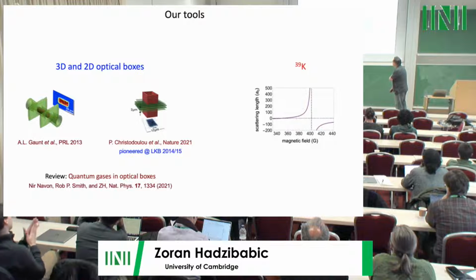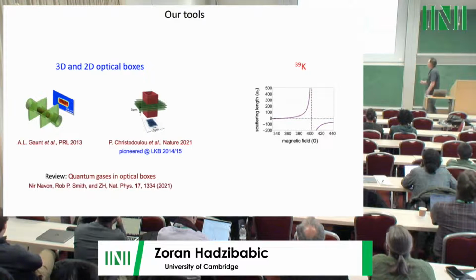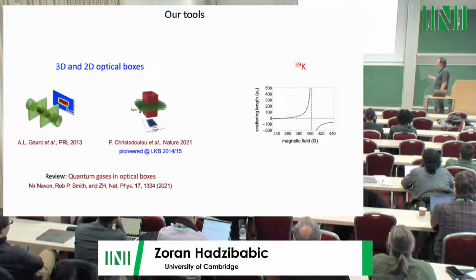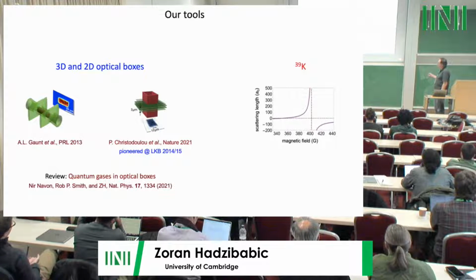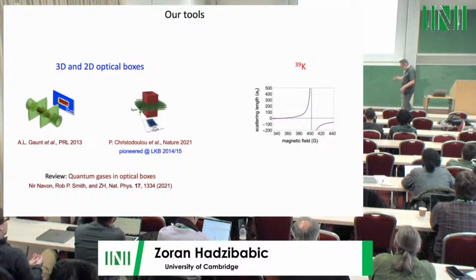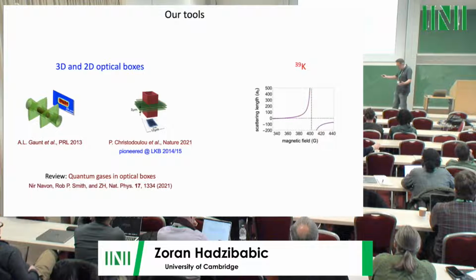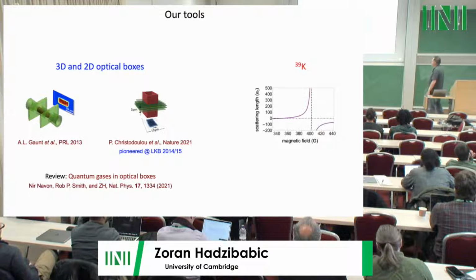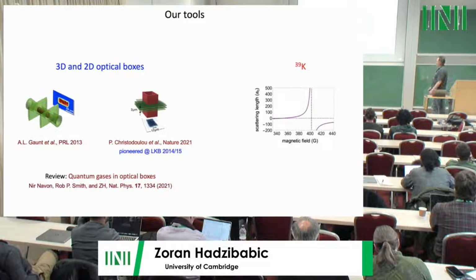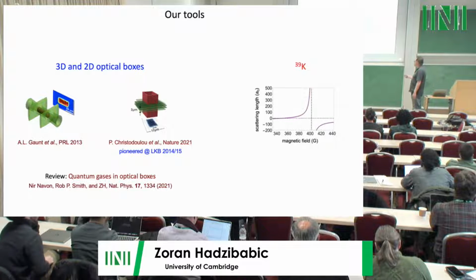Again, some of you have seen the machines yesterday. We're using 3D and 2D atomic gases. We trap them in so-called optical boxes, which means that the gases, before being driven to turbulence, are homogeneous, in contrast to a majority of the field of cold atoms, where they're harmonically trapped. That's advantageous for various things, and in particular for turbulence, because it's a phenomenon that you naturally think about in momentum space. So we use these systems where momentum, to a better approximation, even though they're still finite, is a good quantum number. I'm not going to go into details of that.